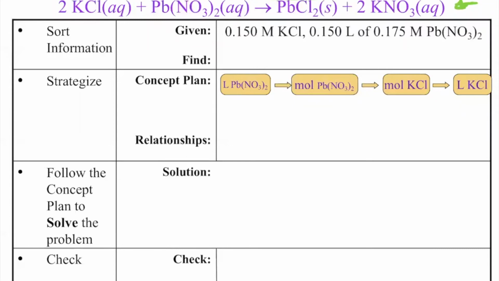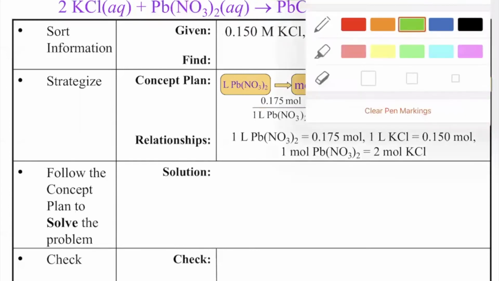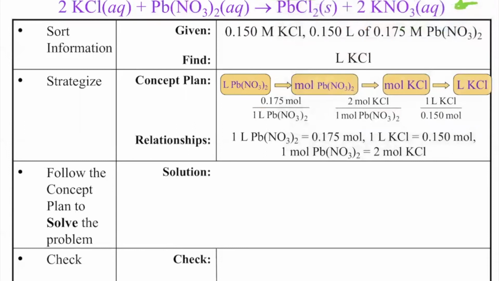Once your reaction is balanced, you're going to start with one of the solutions. And I usually start with the one solution that I have the volume and concentration. Notice that for the first one, KCl, you only have the concentration. And it's the one that we are seeking. So whatever you're looking for information about, potassium chloride, you want to end with that. So what we're going to do is start with what it's giving, and you're going to start with